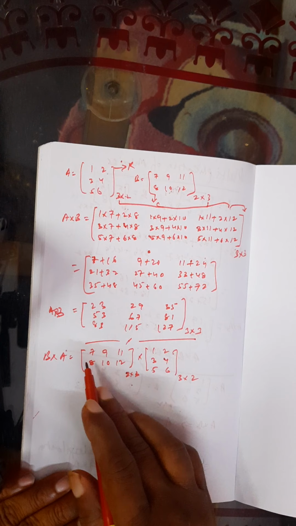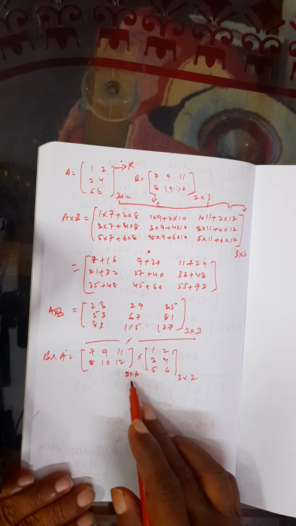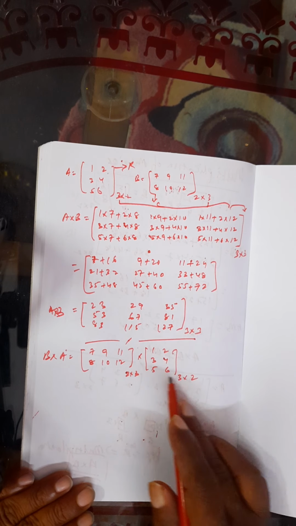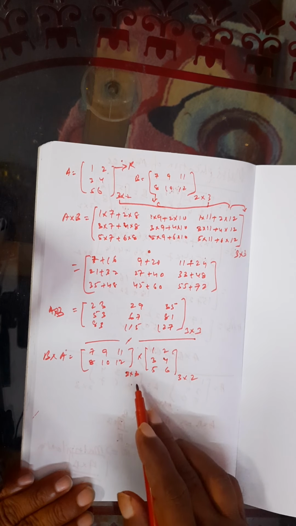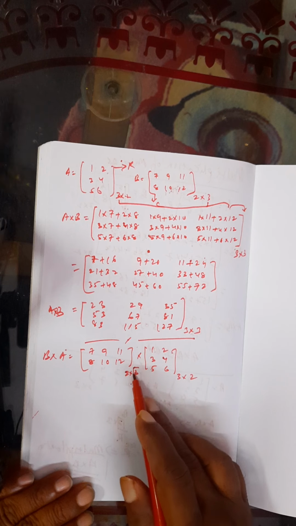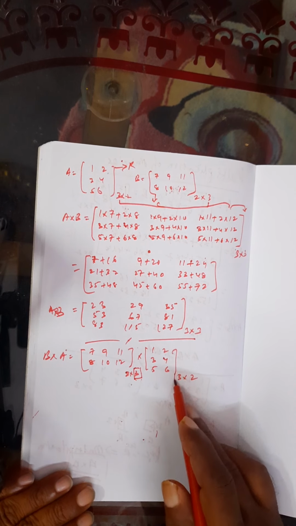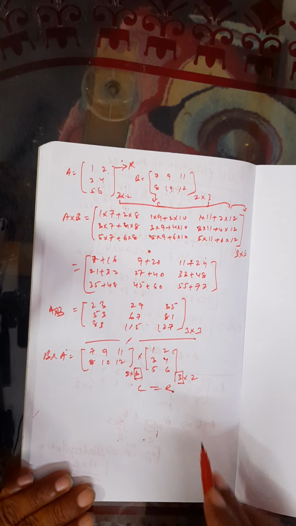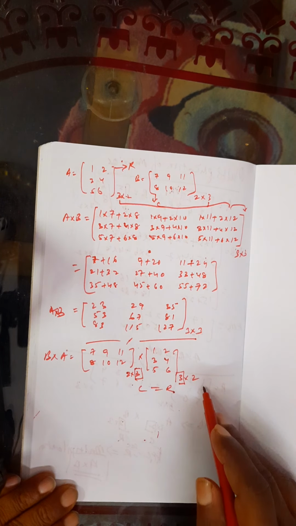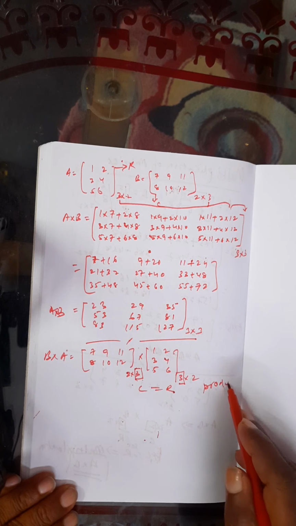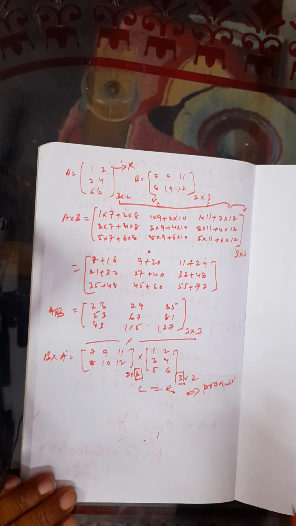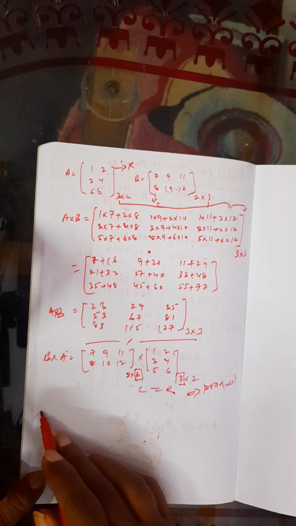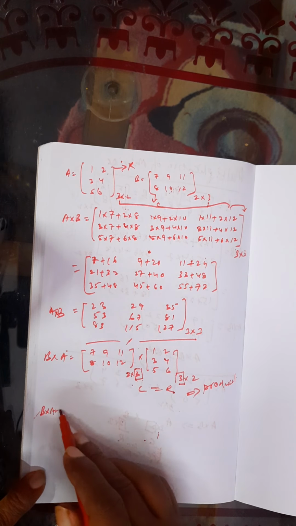into A. So first we have to write the B matrix: it has 2 rows, 3 columns, and A has 3 rows, 2 columns. Again see, the first matrix's columns are 3 and the second matrix's rows are 3. Columns equal to rows, yes, then only the product is possible, we will get the product, meaning we can multiply, otherwise not possible. Now which type of matrix will we get, we have to see here.